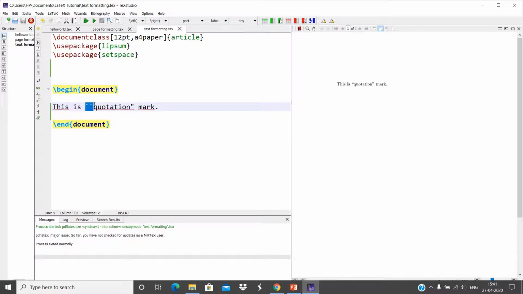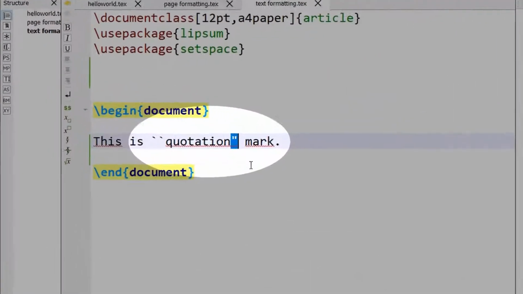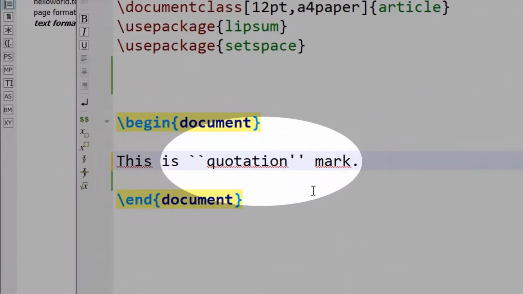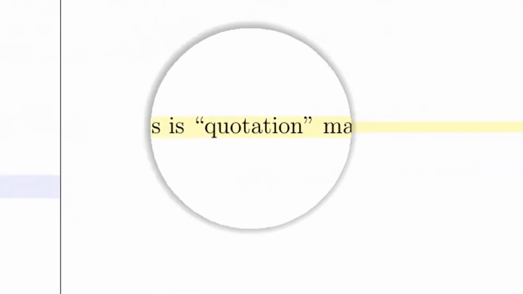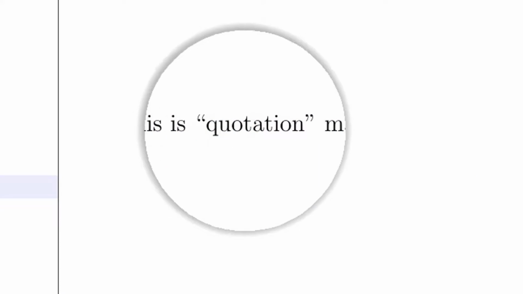For left quotation mark, you use two back quotes, and for right double quotation mark, you use either double quotation mark from the keyboard or two single quotation mark from the keyboard. Let us see. You can see now both the result yields the same typeset.